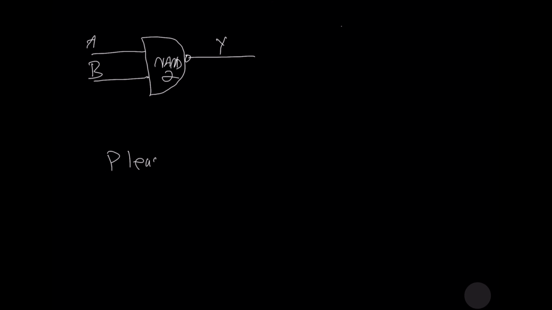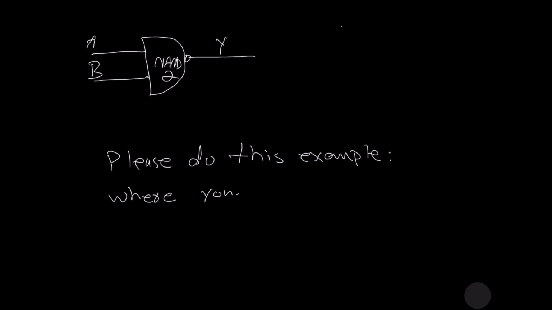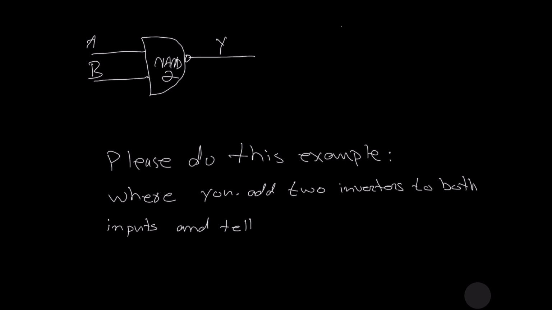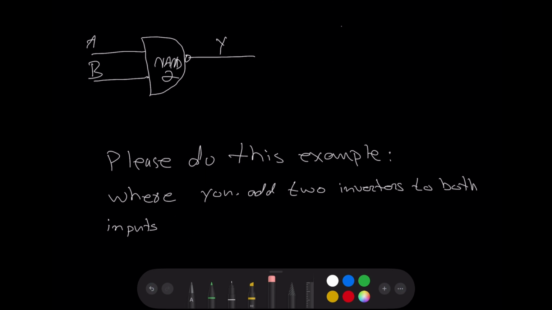Please do this exercise, or do this example, where you add two inverters to both inputs of the NAND 2 gate